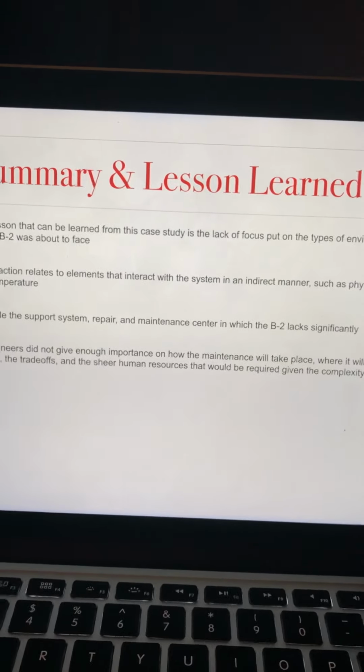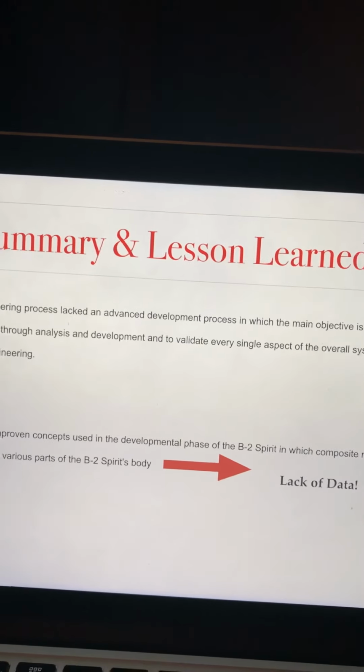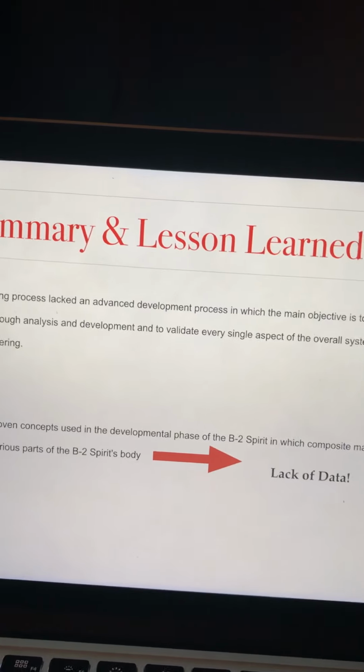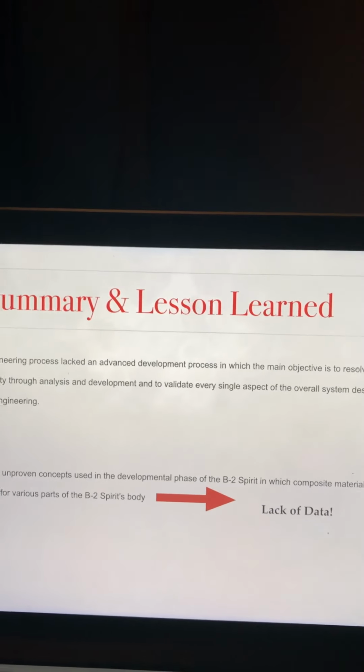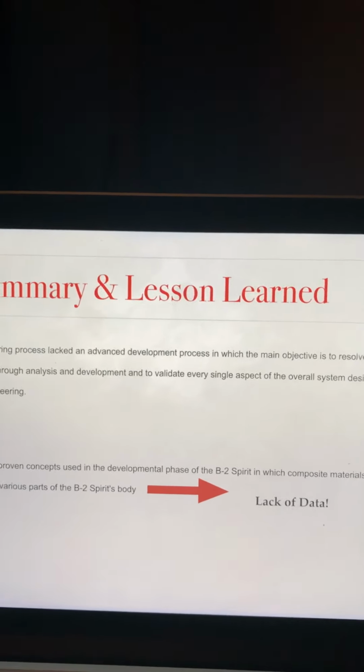The systems engineering process lacked an advanced development phase, in which the main objective is to resolve the majority of uncertainty through analysis, research, hours of work, and development, and to validate every single aspect of the overall system design before going on to full-scale engineering. So there were some unproven concepts used in the developmental phase of the B2 Spirit,